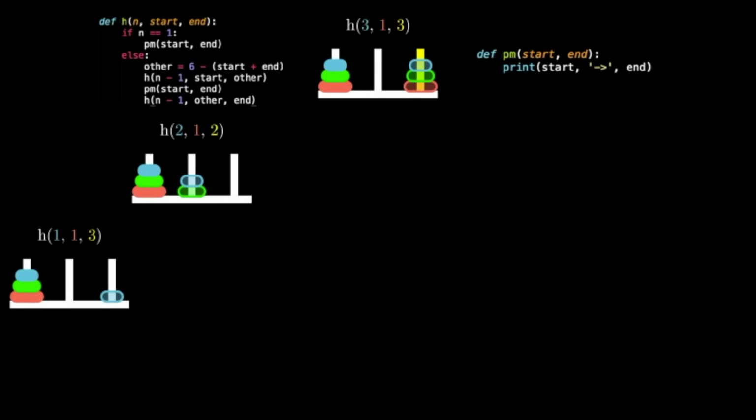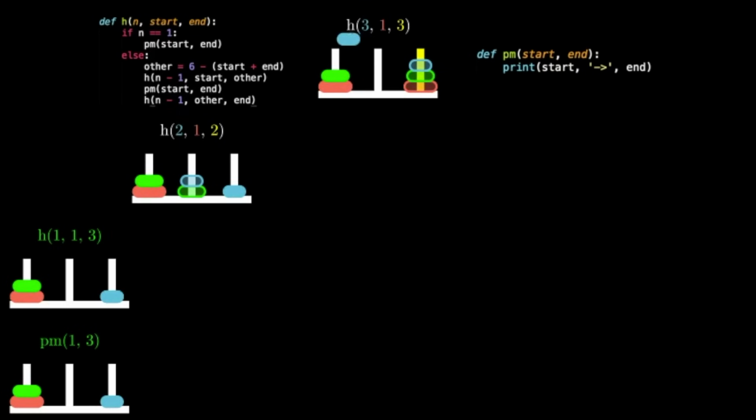And this recursive call will go back into the function where we actually hit our base case, which then prints the move from rod 1 to rod 3. And this is our very first move in the Towers of Hanoi problem. Visually, what this represents is that all our recursive calls before have changed state because we now have officially made our first move. After making our first move, we have officially completed the recursive call to Hanoi on 1 disk,